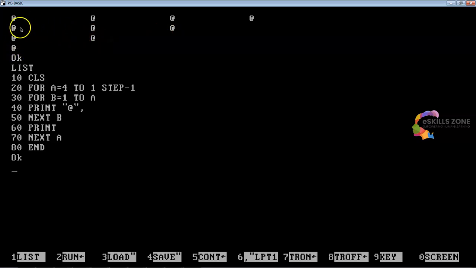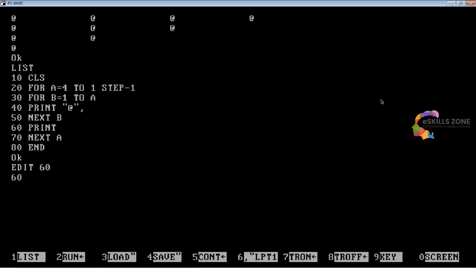But every time you can see there's a new line. But if you want to ignore it, then you can just type edit 60, then you will see all these at the right side in one line. Let's see what happens if we edit line number 60 and we type